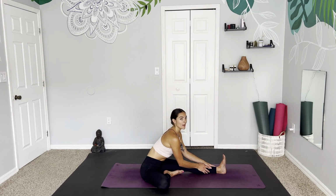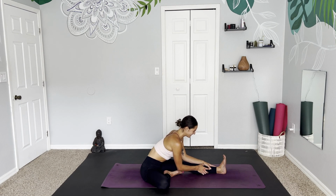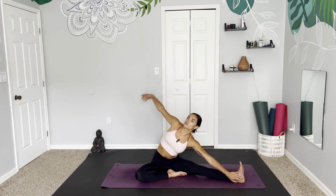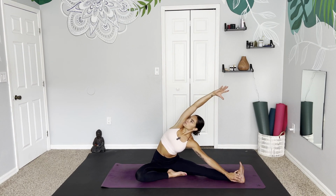Keeping a nice long spine. Probably sick of hearing those words by now. It's okay, we are coming to the end of our practice. Allow yourself some time to just let go and rest. All right, raising back up, turn to the side of the mat, keeping this right foot in towards the hips, and find a little side stretch, reaching for the left foot, spiraling the chest open,